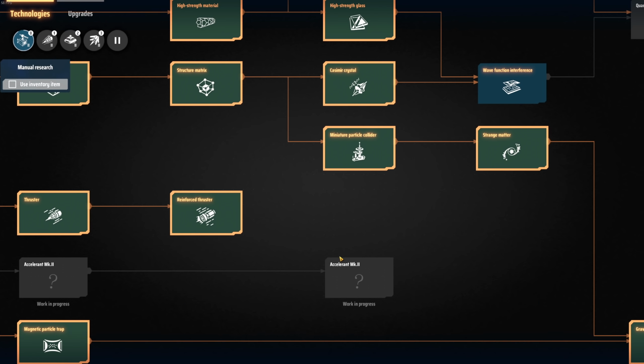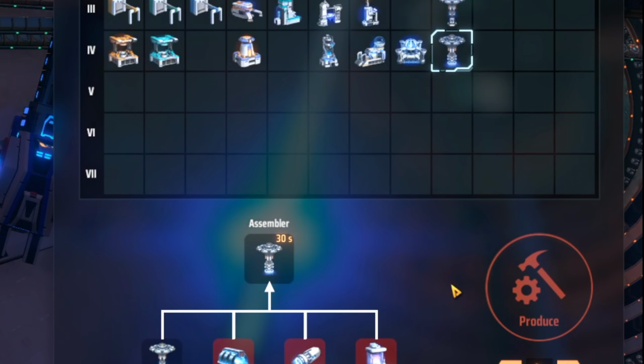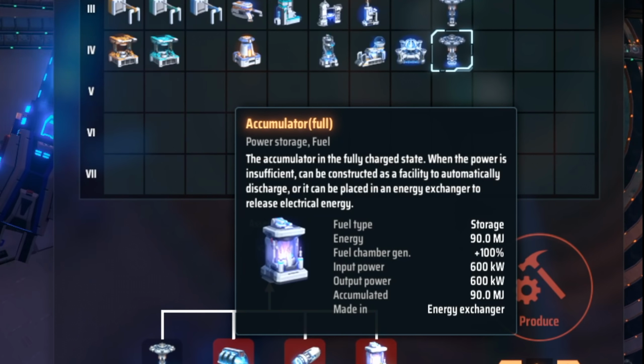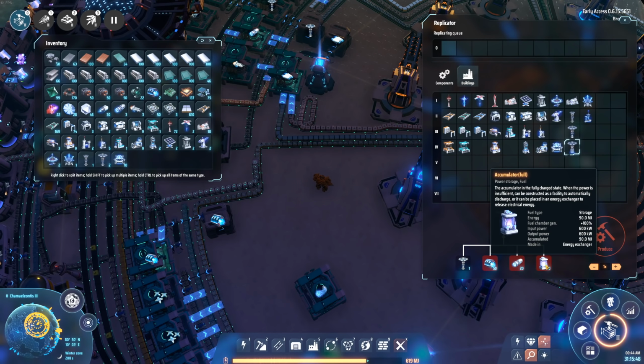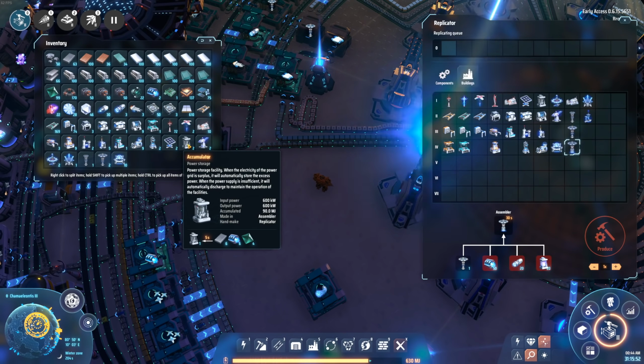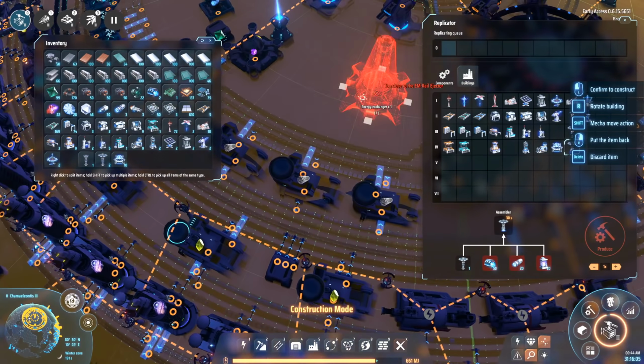Oh, I think I just figured something out. So I unlocked a piece of equipment called the Orbit Collector, used to collect resources of gas giant. It needs to consume the collected fuel materials to maintain the energy required to work in orbit. But notice what it takes to make this. It takes a full accumulator. And what I have over here is an empty accumulator,